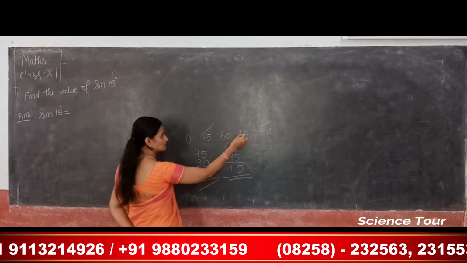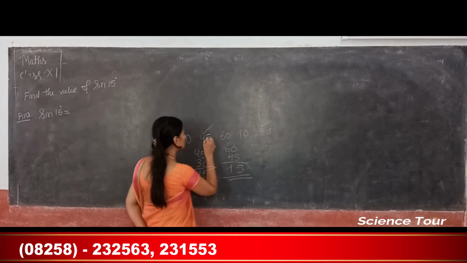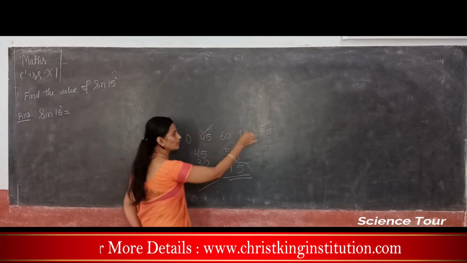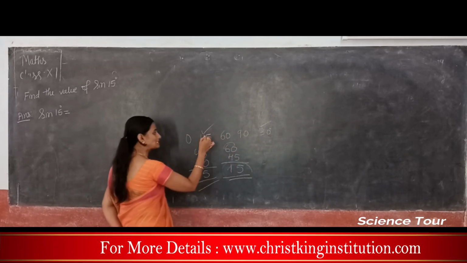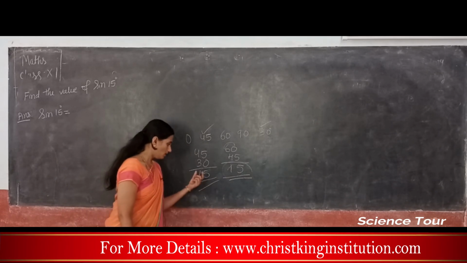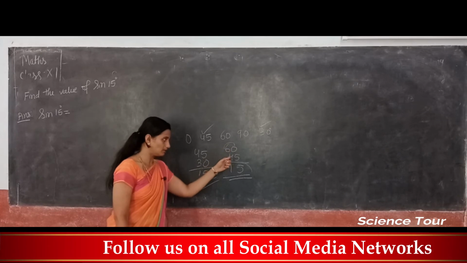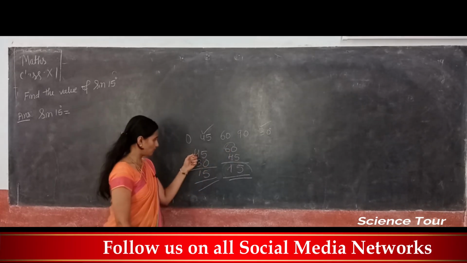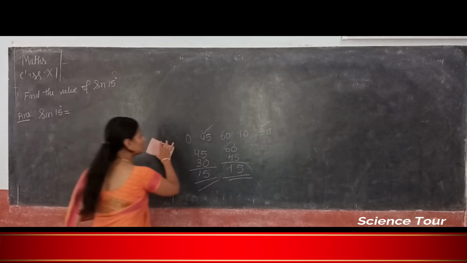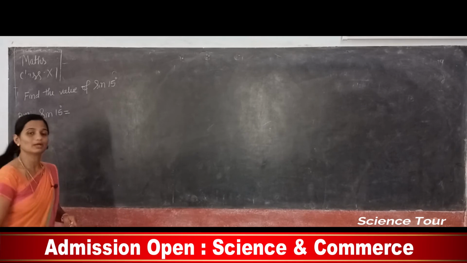Next, 90 and 60, is it possible? 90 minus 30, is it possible? 45 minus 0, is it possible? No. So possible are 45 and 30, and one more, 60 and 45 degrees. See now these two angles, clear, no? Yes, 60 is in the table, 45 is also in the table, and 30 also. So you can write that 15 as 60 minus 45 or 45 minus 30.